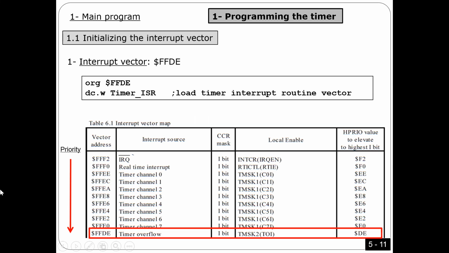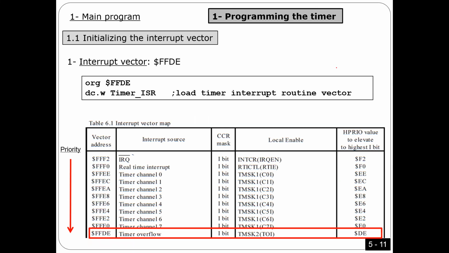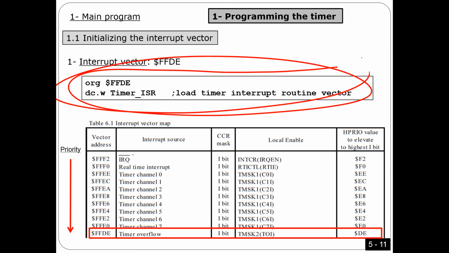Okay, number one, for the interrupt of the timer, I have to use this one. We have used it many times before. Is that right? You have to use this one. However, you have to use this number. Before in IRQ, remember, we use this number. For RTI, use this number. However, for here, you have to use this number. That's it. Okay? Very simple.